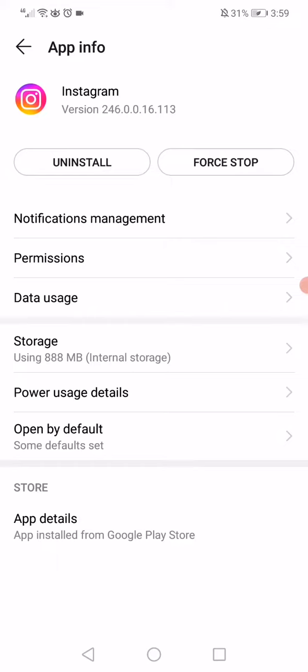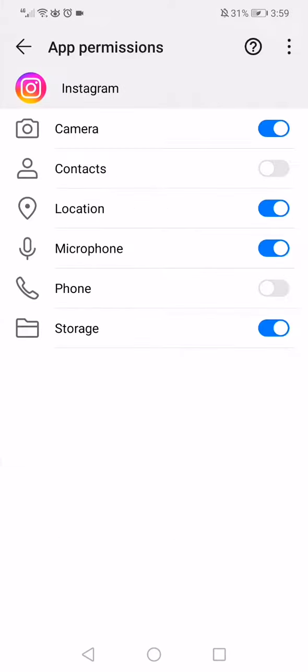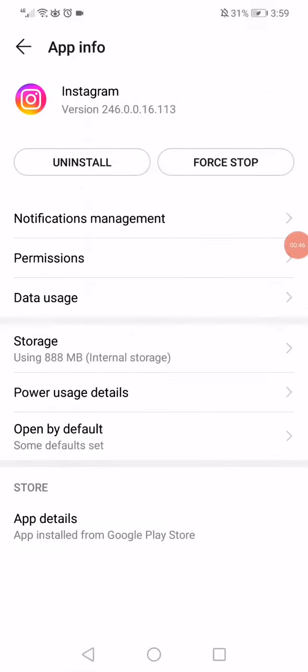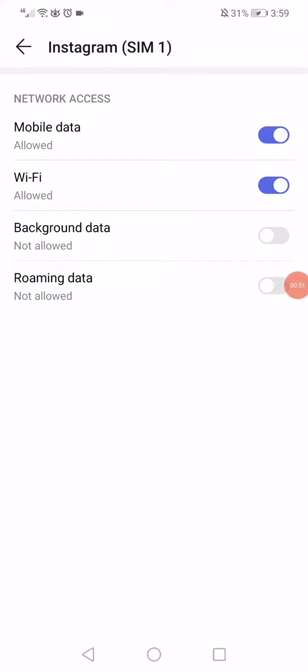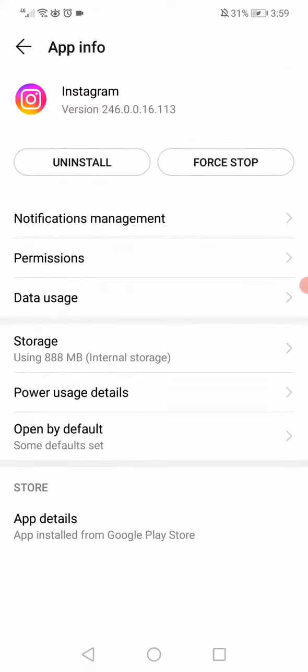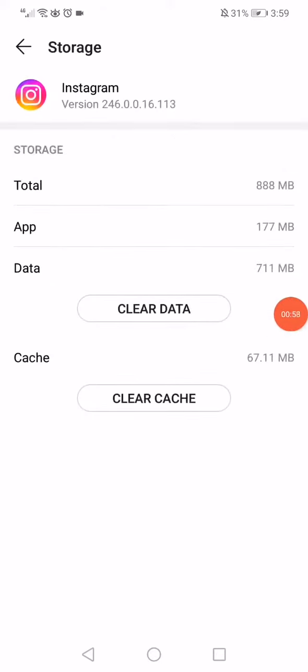Now all what you have to do here is click on the permissions first. Make sure to enable all those permissions and then go back and click on the data usage option. Scroll down, make sure to enable the background data and roaming data. Go back again and this time go to the storage and make sure to clear data and clear cache, then